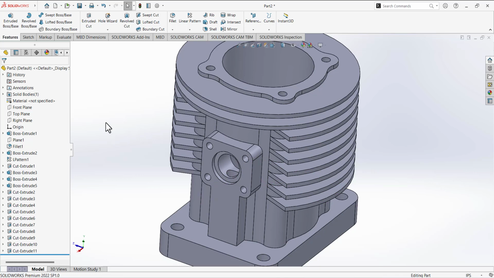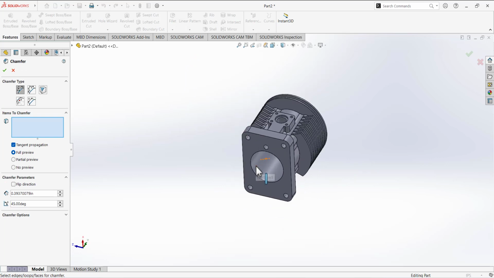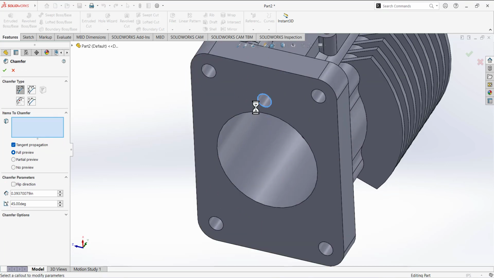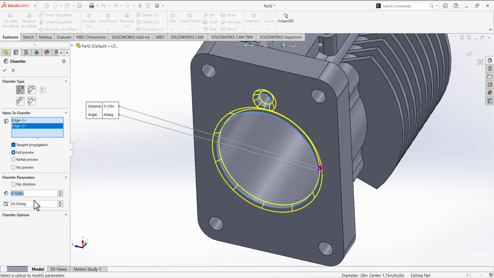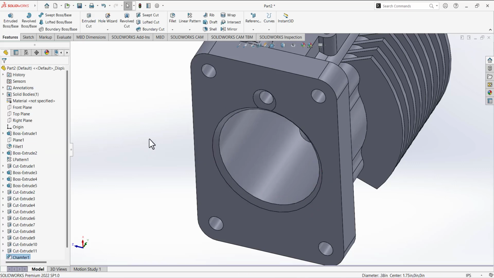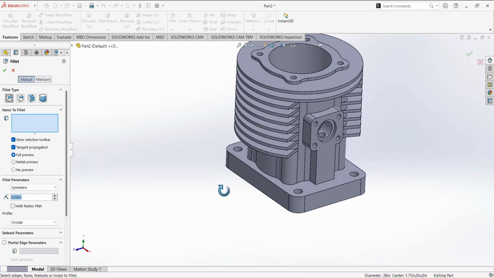Now we are going to use the chamfer. So feature chamfer, and for this chamfer feature, we are going to select this and this edge, and we have to define this dimension. So it's 0.125 and 45 for the angle, and press OK. Now we achieve this one, and for the next we have to define some fillets. So go to fillet feature, and here under the fillet parameter define this radius 0.050, and we have to select the features. So